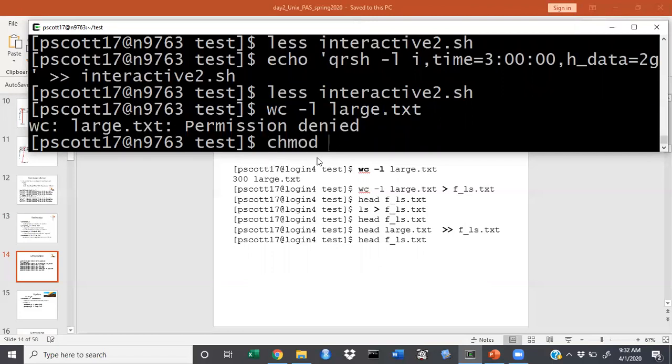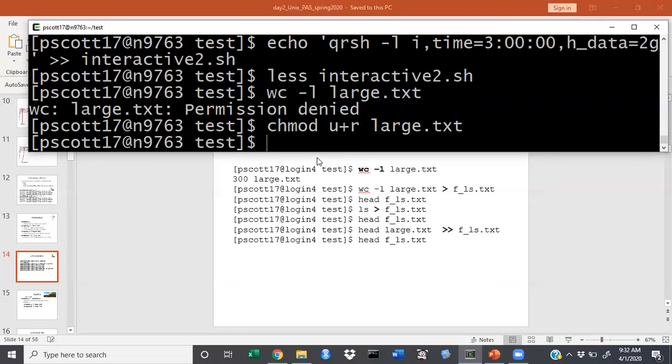Awesome. U plus write large text. So that's what we're doing now. I'm allowing myself now the permission to write large text. This is one other thing I should say about permissions here: the permissions are nested. So if you can execute a file, you can also read and write it. If you can write a file, you can also read it by default. If you can read a file, that's the only thing you can do. So